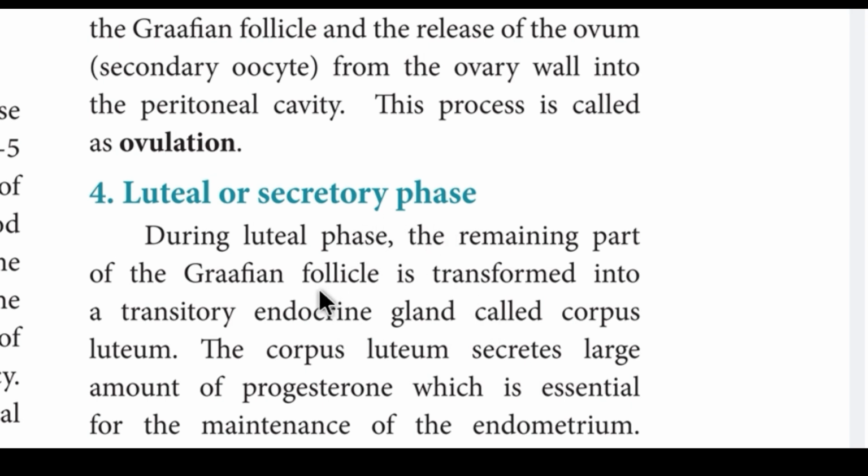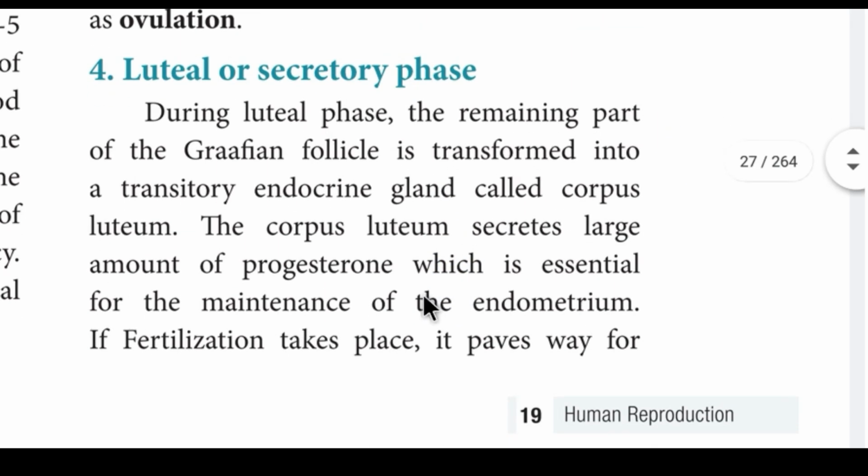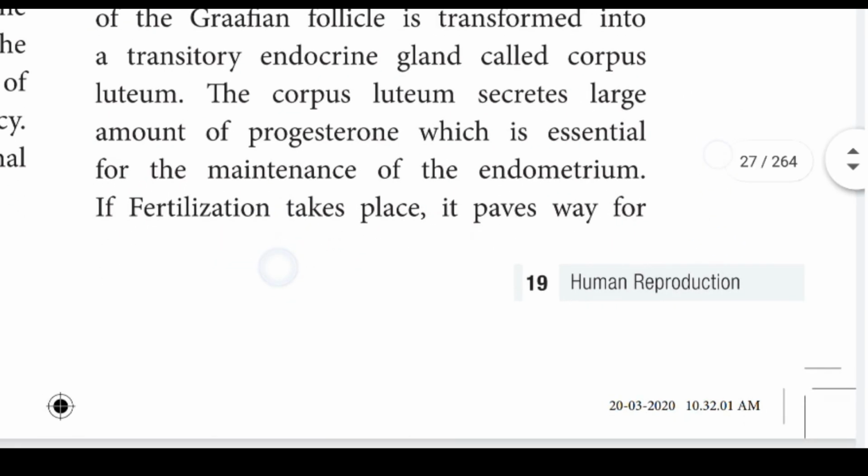Luteal phase or secretory phase. During the luteal phase, the remaining part of the Graafian follicle is transformed into a transitory endocrine gland called the corpus luteum. At the last stage, the Graafian follicle changes into a corpus luteum. The corpus luteum secretes a large amount of progesterone, which is essential for the maintenance of the endometrium. That means it refreshes the endometrium. If fertilization takes place, it paves the way